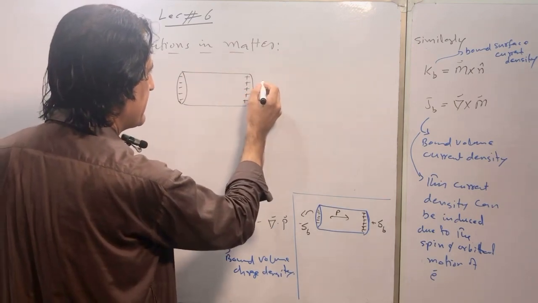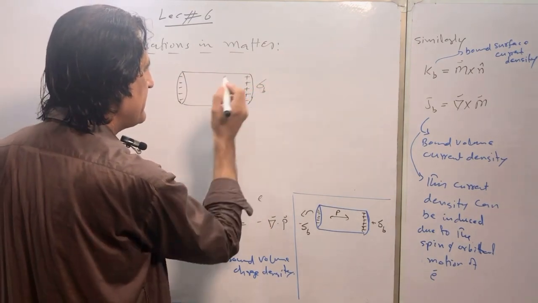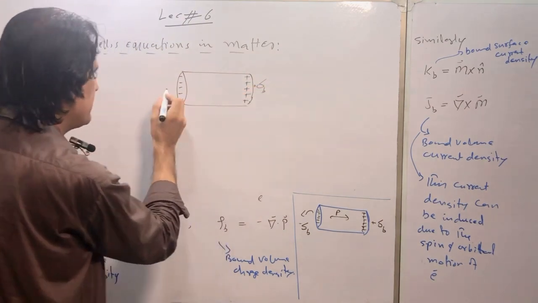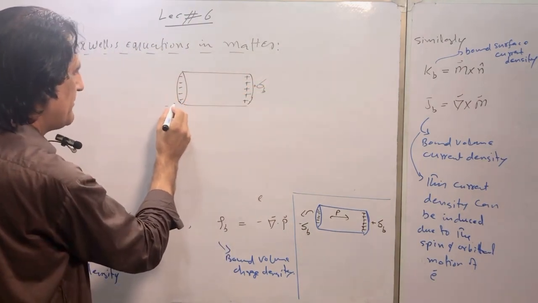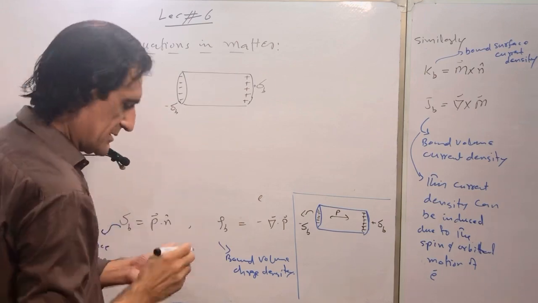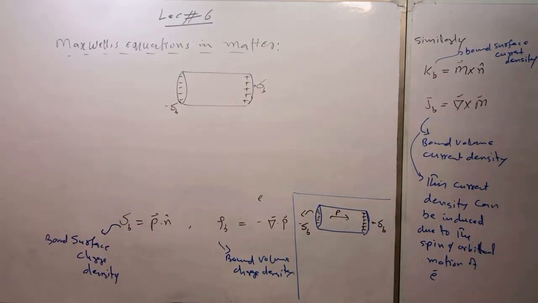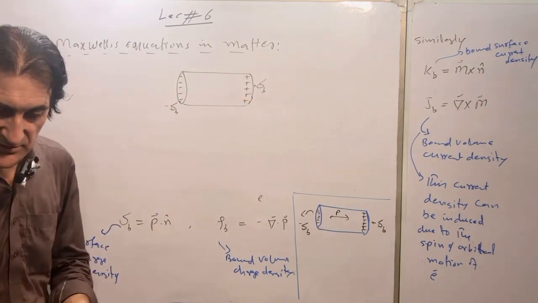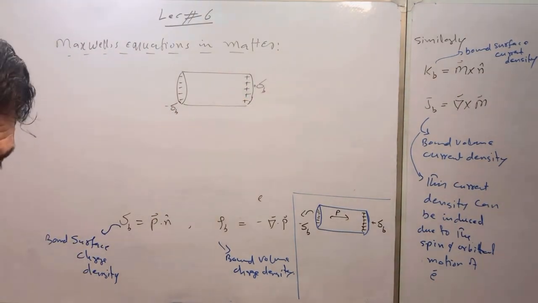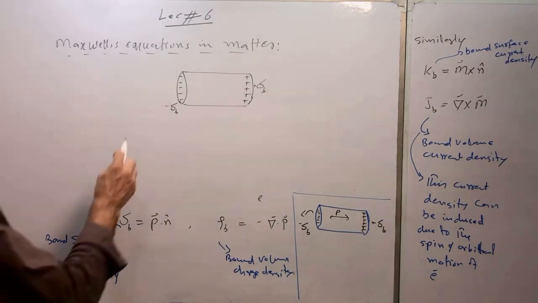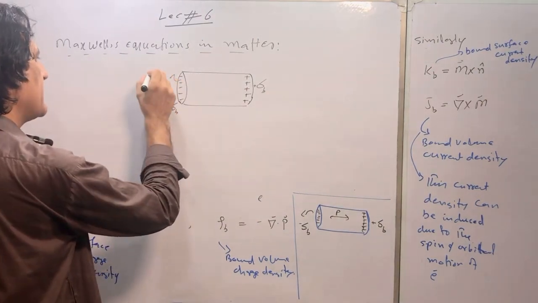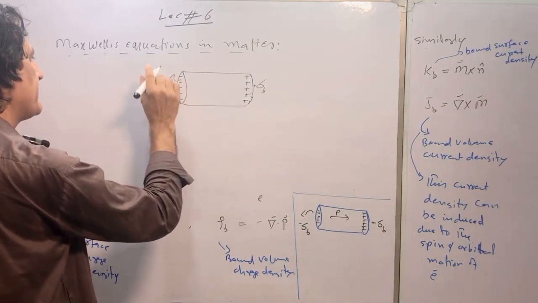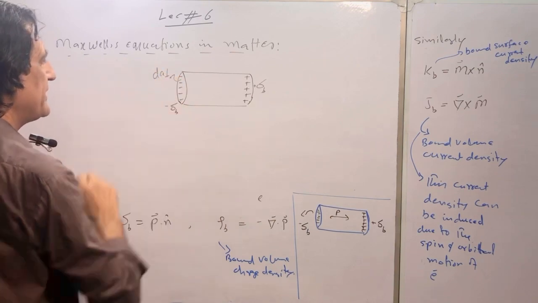If I consider this as plus sigma b and this as minus sigma b, the bound surface charge density, and I consider this area dA perpendicular,